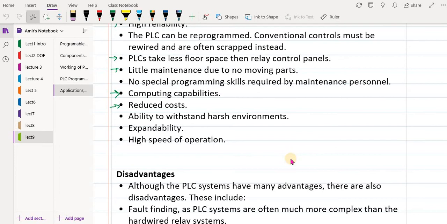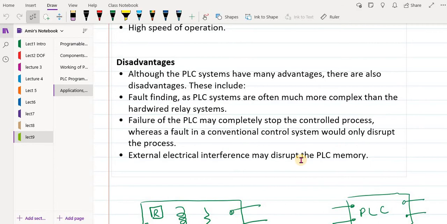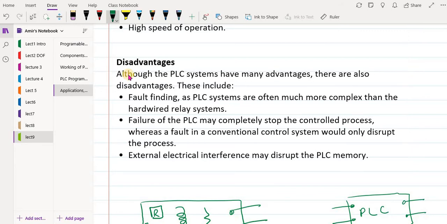This depends upon what kind of PLC you buy, and maybe some older versions are not that high speed, but the newer ones with better and modern microprocessors will, of course, perform tasks at a very high speed. And now let's see the disadvantages. Although the PLC systems have many advantages, there are also disadvantages. These include